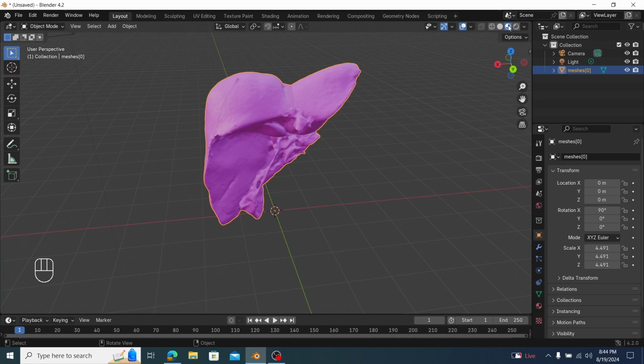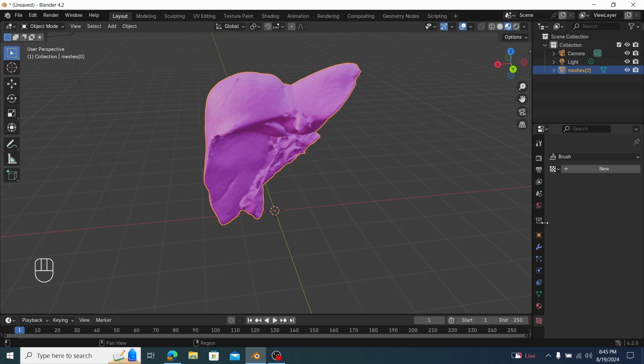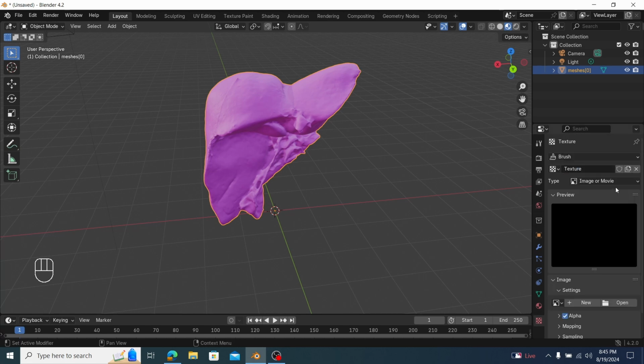You might notice that this color does not look like our liver at all. If your object doesn't come with the texture automatically applied, we will have to fix that. To do so, go to your navigation bar over at the right and select the Textures properties. Select New, click Open,